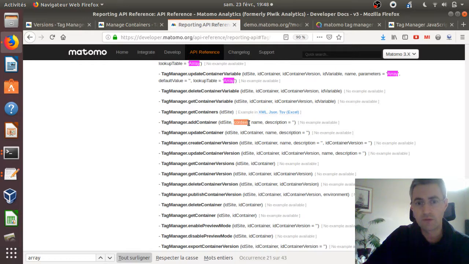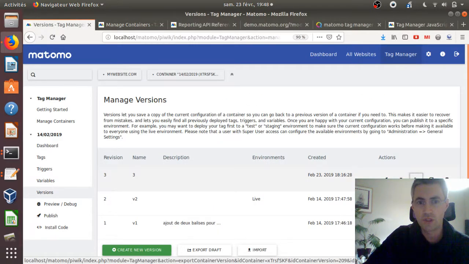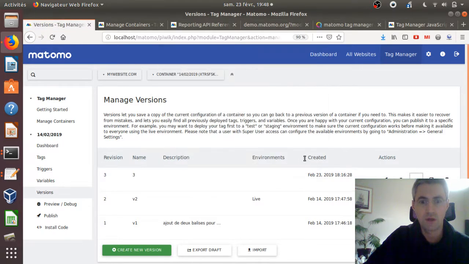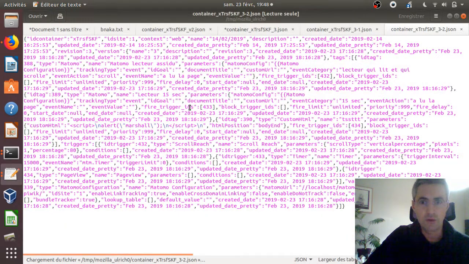name and description. So here the context, for example, is one use case where you have no idea what the value could be. In order to know what value is expected here for context, this is typically where you can analyze the JSON file which has been issued here. So let's look at it. And if you look at context, you will see that it's expecting the value web,